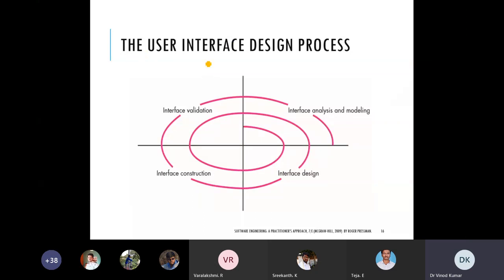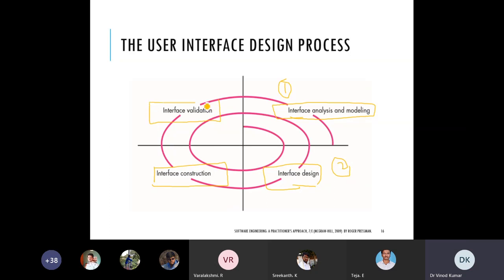So this is the user interface design process. You start with interface analysis and modeling. The second one is the interface design. First you will analyze, then you will do the designing part. After that you will do the interface construction or building.